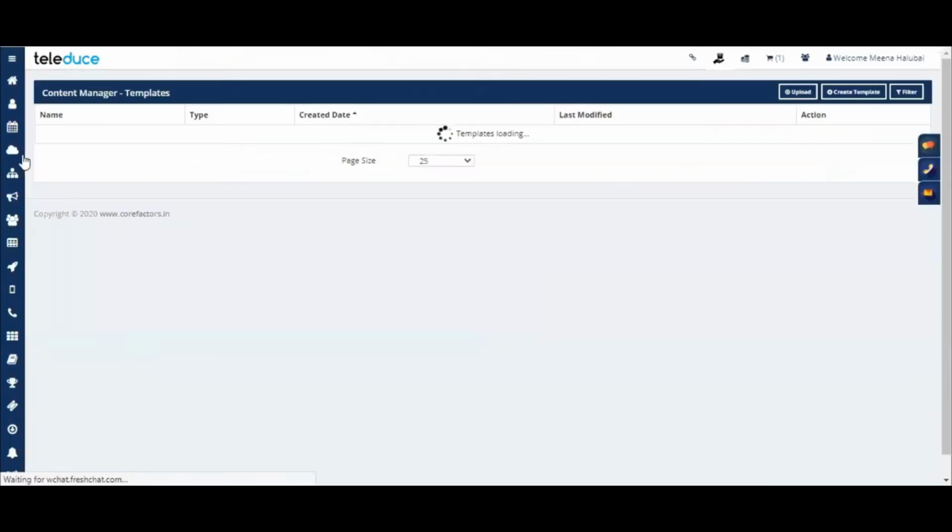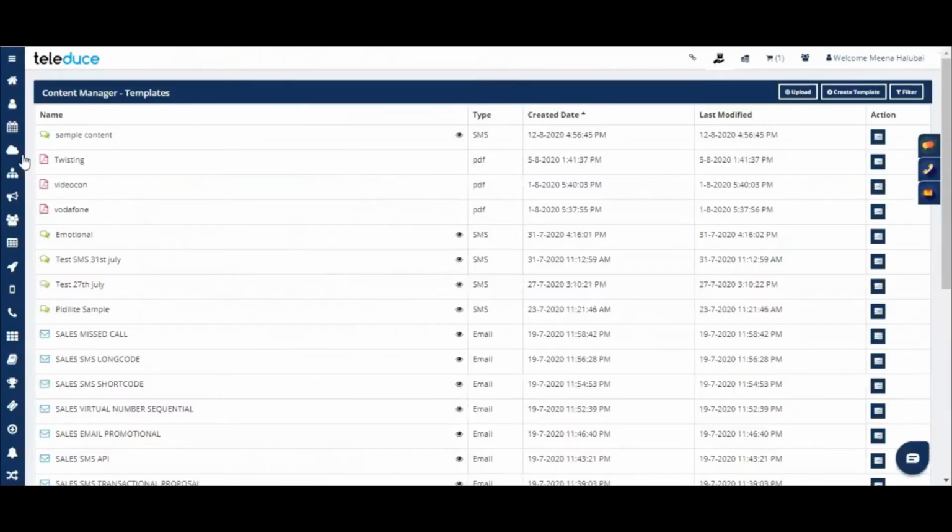There are two types of content we can work with, SMS content and email content. We'll see how we can create a template within Teledues, or in case you already have content ready in a Word file in your local drive, we'll see how we can upload that as well.